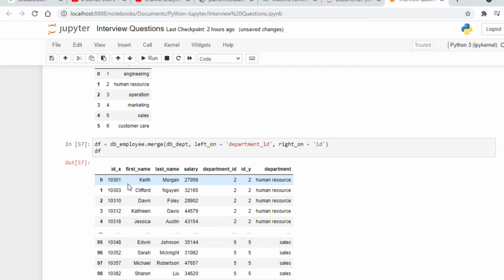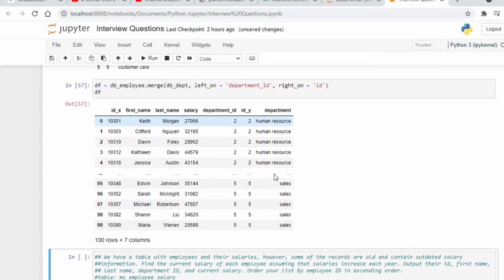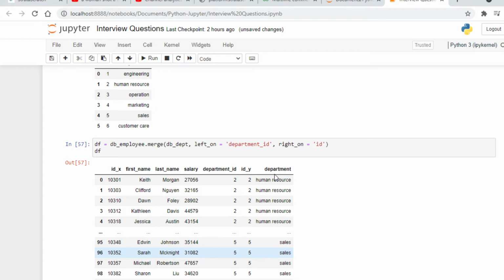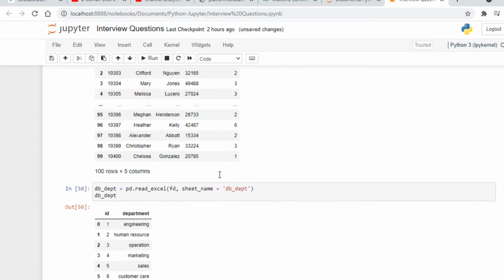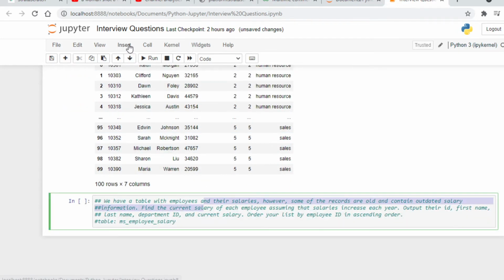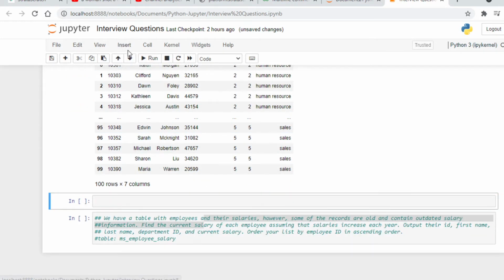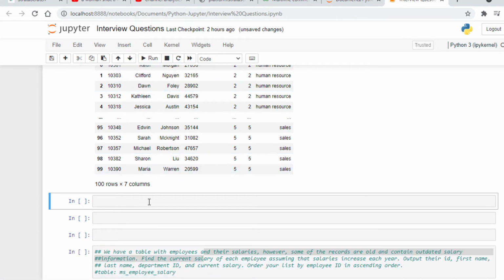Okay, so first what we will do here is we will find the maximum salary where department is equal to engineering, and then we will find the maximum salary where department is equal to marketing. As our question reads, we need to calculate the difference between the highest salary found in the marketing and engineering department. Okay, so let me insert one more row here. So let's filter our data, DF engineer.